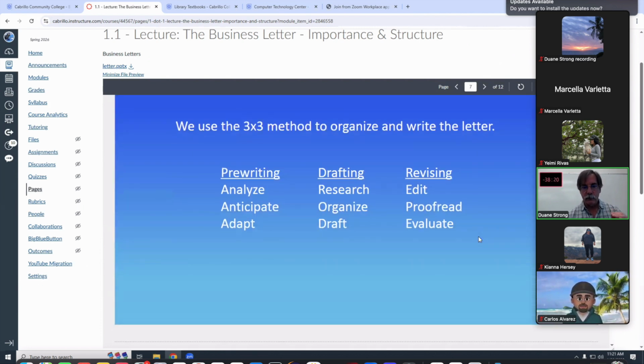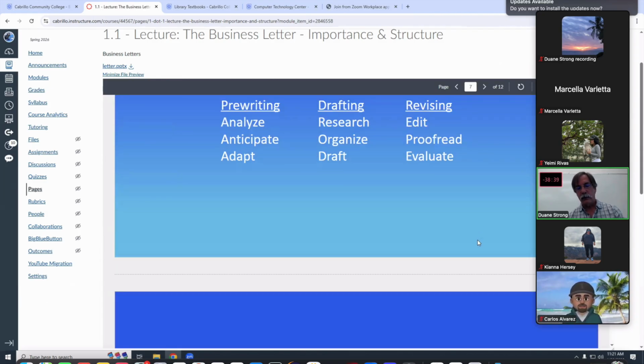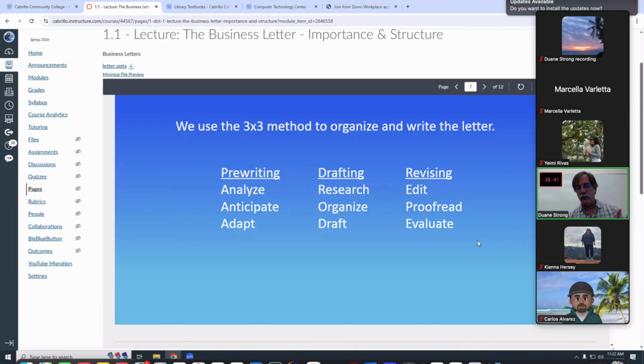You take the time to consider your writing, and you use this 3x3 method, which we've talked about a lot last semester. We have 3 phases: pre-writing, drafting, and revising. And in each one of those phases, we have 3 activities. Okay. We're going to go into this in more detail. I have one video that I'm going to show you about the 3x3, and I think that's all I'm going to do for now. We're going to revisit this at the end of the whole class, when we do our technical writing project. And you know, people that had 156 already went through this.